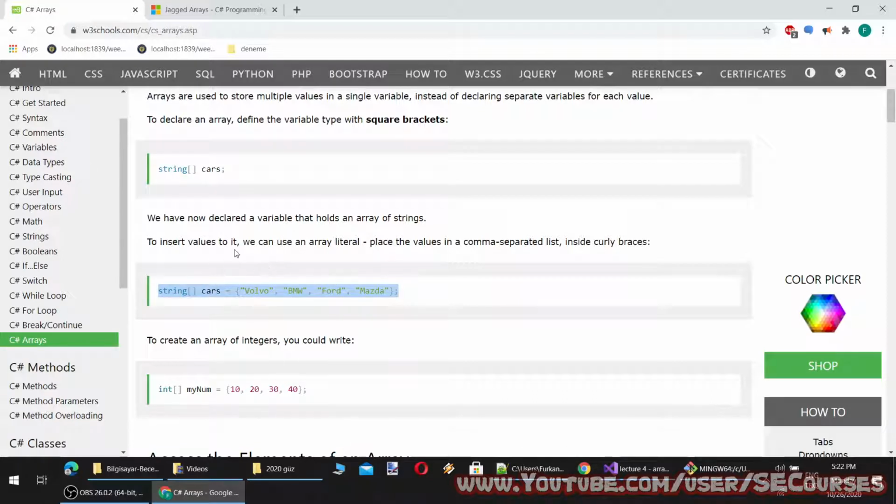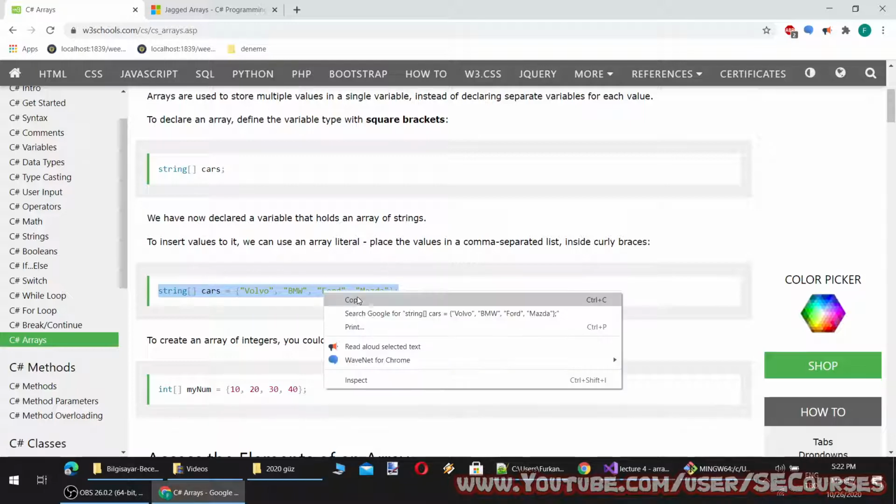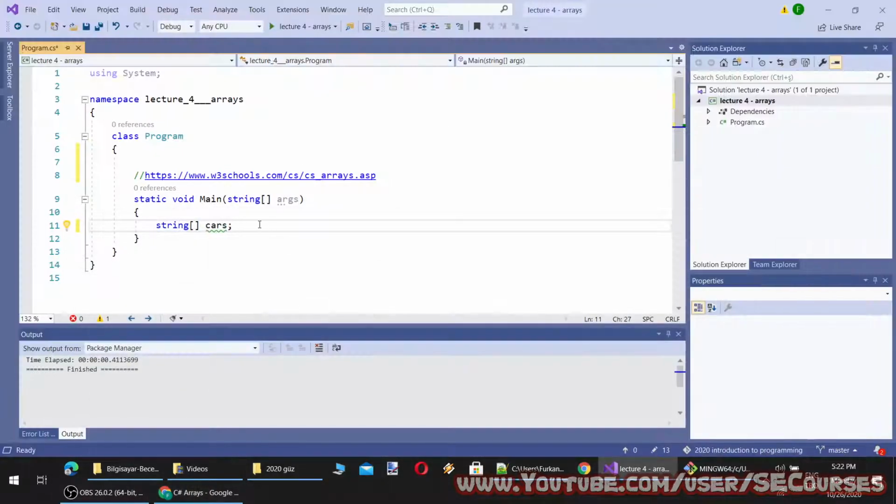To insert values into it, we can use an array literal. Place the values in a comma separated list, inside curly braces. So we have defined this array, but it is not initialized yet. It is declared but never used. I'm going to paste this. Currently, let's call this cars2.